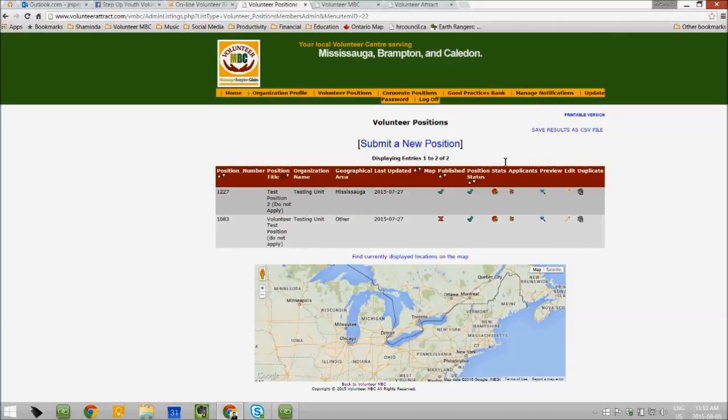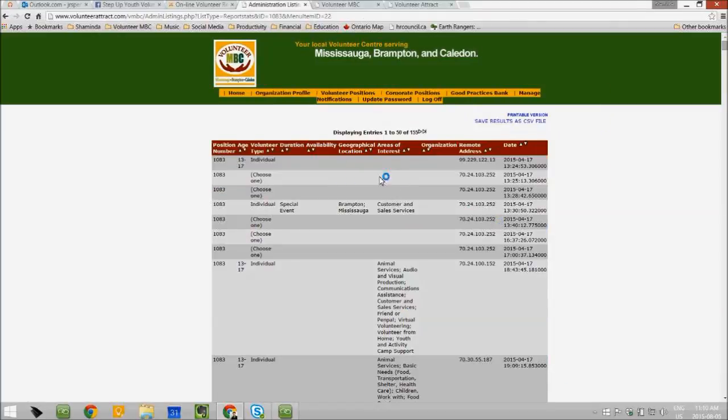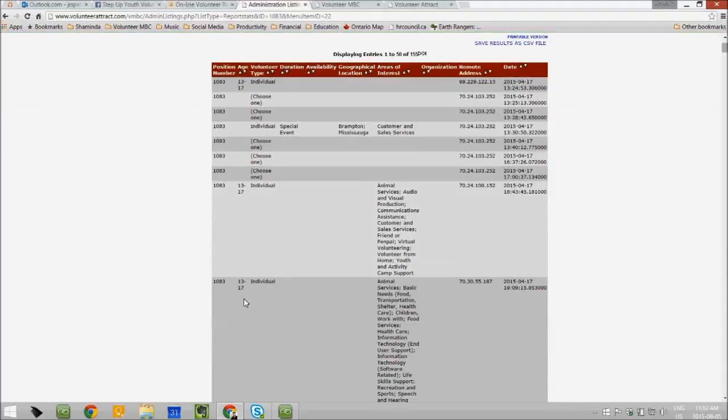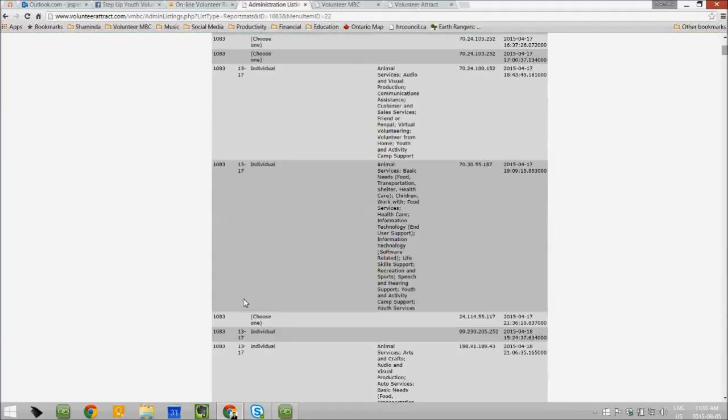And the last set of information are the position management features. The statistics feature will help you understand who is searching your positions, rather that particular position. And if I draw your attention to the particular columns, you can see the second column. It shows the age groups of those who are searching for the volunteer opportunities.